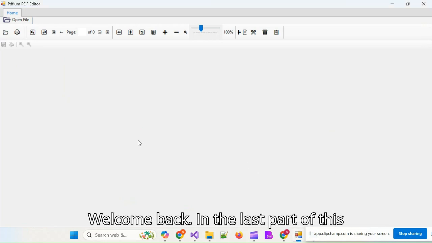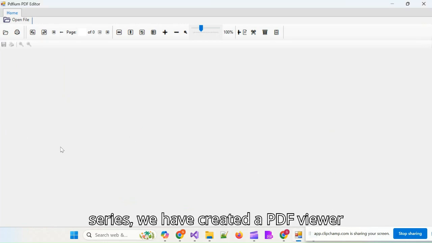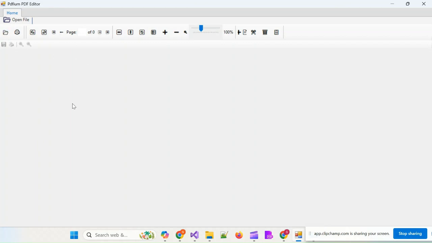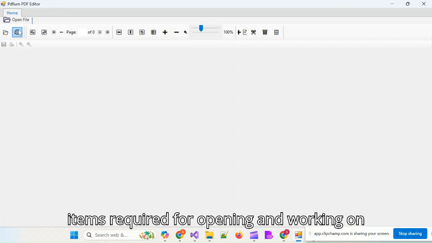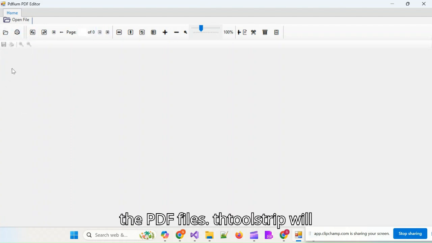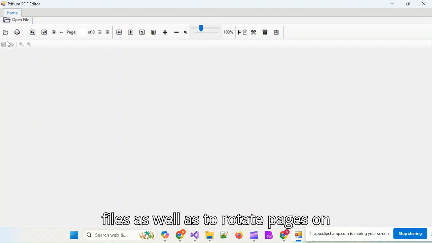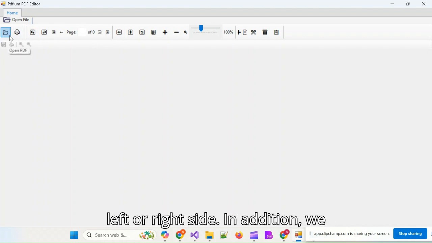Welcome back. In the last part of this series, we have created a PDF viewer based on Pdfium. In this part, we will work on the necessary toolbar items required for opening and working on the PDF files. ToolStrip will contain buttons to open and print PDF files as well as to rotate pages on left or right